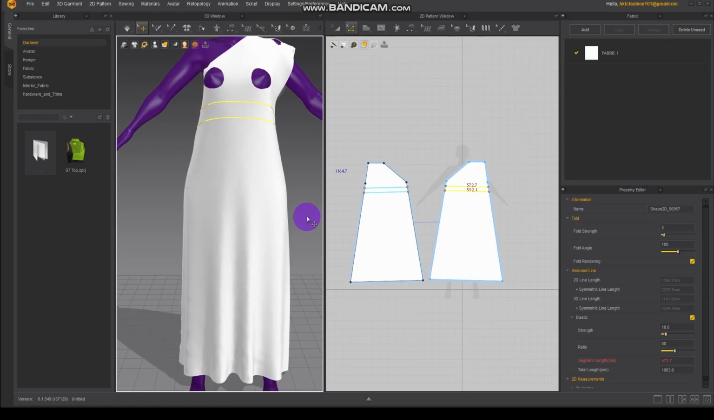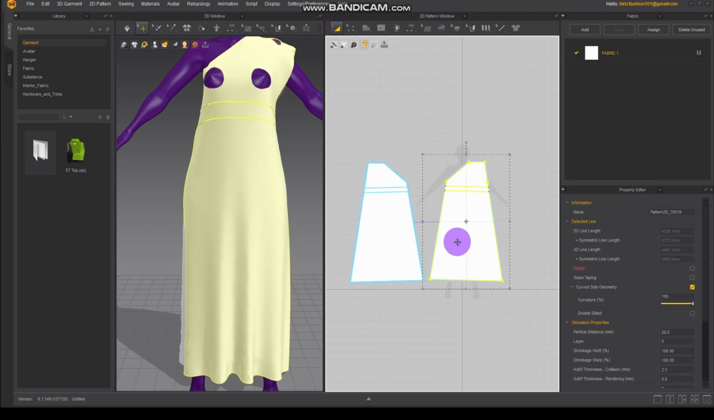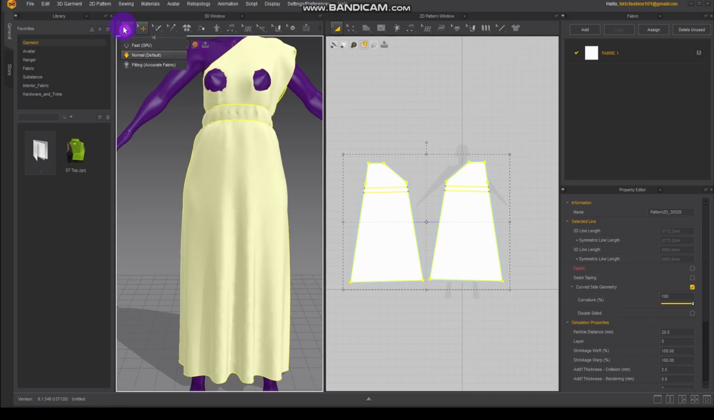So first thing you want to do is go over here to the property editor, and you're going to make sure you're in transform, and you're going to click on both of your patterns, and you're going to go down here to simulation properties, and then down here to where it says particle distance. It's always going to be millimeter, and right now it's set to 20 millimeter. That's default. So when you hit simulation,